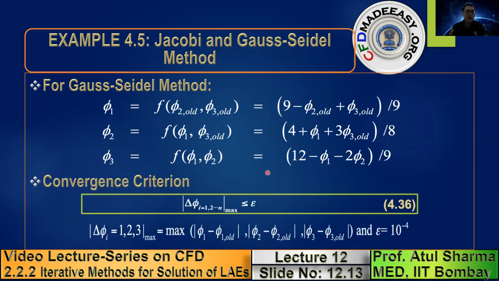The consequence of this difference between the two methods will be presented through an example problem. And this is the convergence criteria. Basically here the small n is 3, you have 3 unknowns, phi1, phi2, phi3, and this is your convergence tolerance, and this is your error. When you calculate the error, you get the error corresponding to phi1, phi2, and phi3, and you pick the maximum of it and ensure that this is less than or equal to the convergence tolerance, which has been defined as 10 to the power minus 4 here.